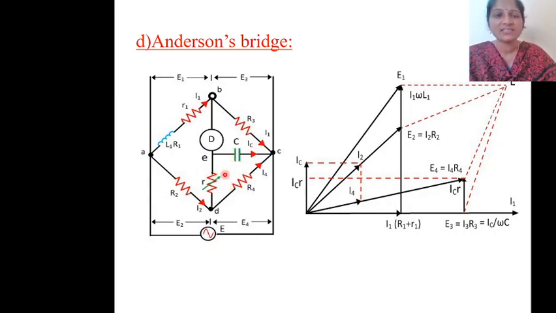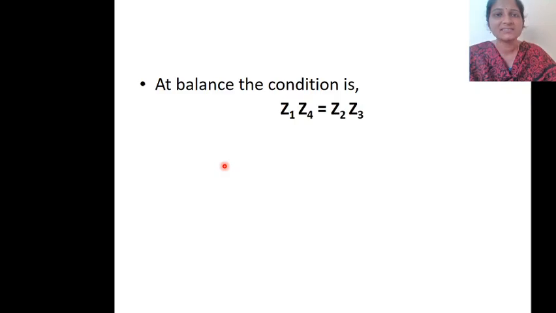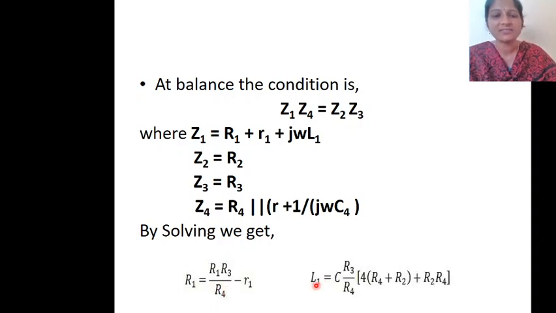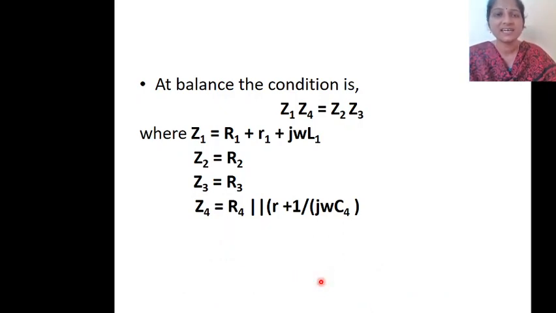You need to solve this equation by using star delta transformation, and you need to substitute in the balancing condition. What is the balancing condition? Z1 Z4 is equal to Z2 Z3. By substituting Z1, Z2, Z3, Z4 values and equating the real parts and imaginary parts, you will be getting the unknown resistance R1 and unknown inductance L1. So these are the equations. And coming to the phasor diagram,